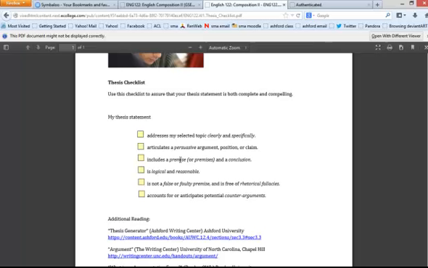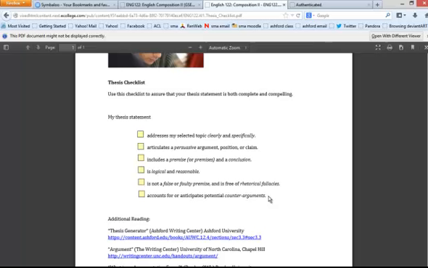Does your thesis statement include a premise or premises? Is your thesis statement logical and reasonable? Is your thesis statement not a false or faulty premise? And is it free from rhetorical fallacies? Or does your thesis statement account for and anticipate potential counter-arguments?